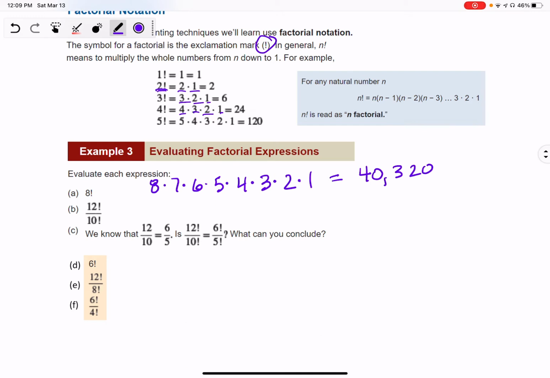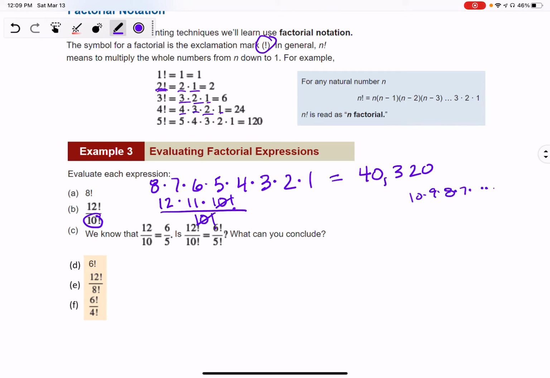Letter B says 12 factorial over 10 factorial. Okay, so that bar is a division bar. I can show you guys a little trick. We know 12 factorial is 12 times 11 times 10. Now, when I get to 10, I'm going to leave that as factorial because that's the same number that's in my denominator. If I leave them the same, they cancel out because they both mean 10 times 9 times 8